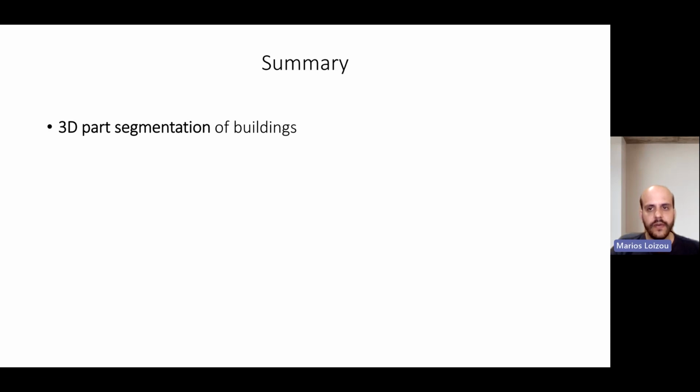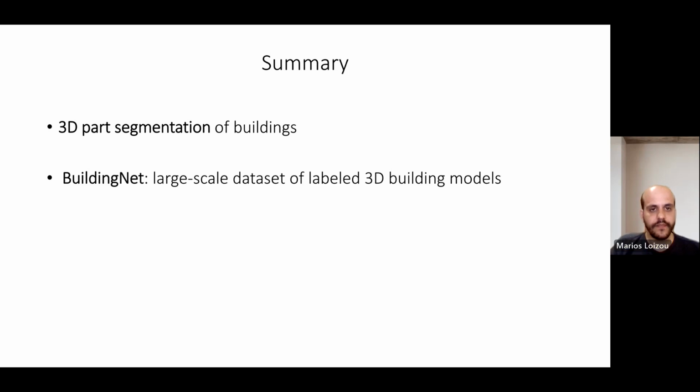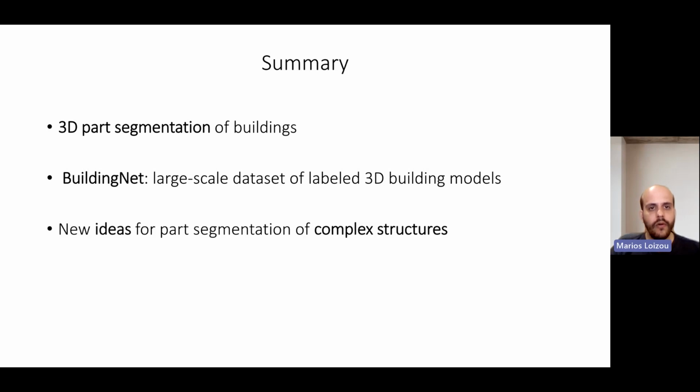The competition focused on the task of 3D part segmentation of buildings, aiming to advance the state-of-the-art in this field. The BuildingNet dataset that was utilized for this challenge provides a rich and diverse collection of building models with annotated exterior parts. We hope that this competition has sparked new ideas and inspired further advancements in 3D part segmentation of complex structures